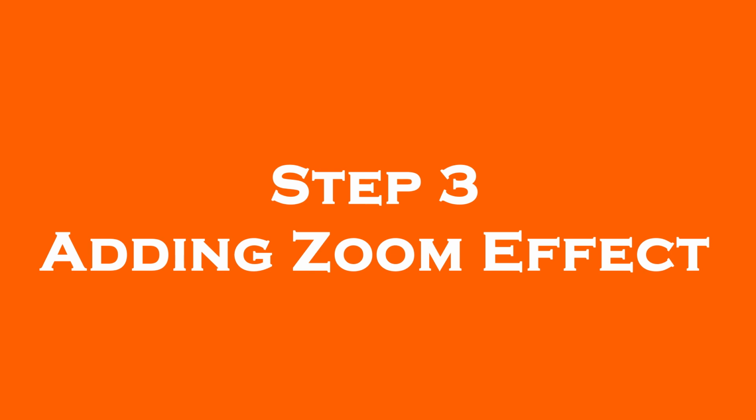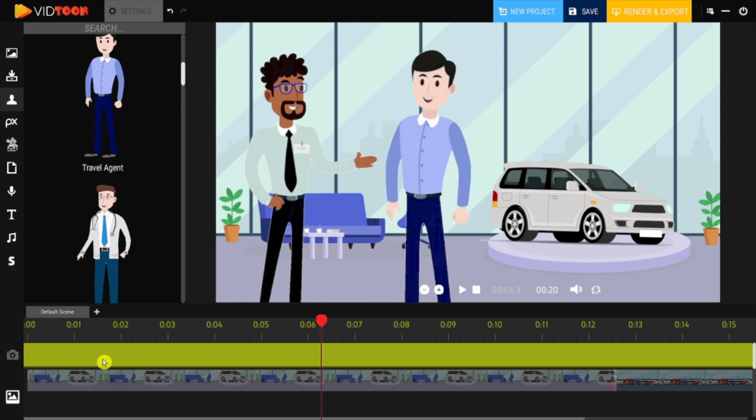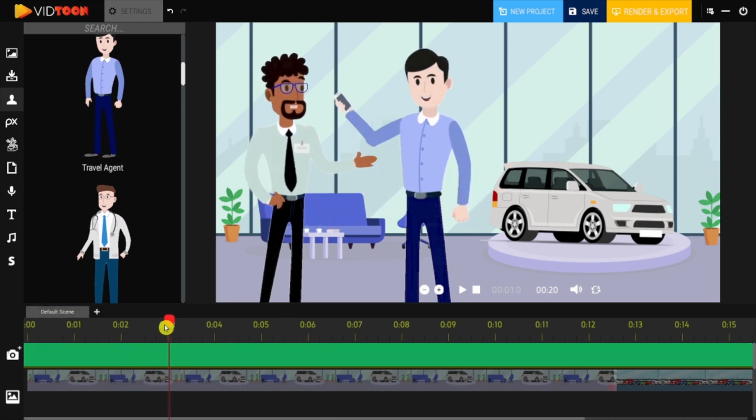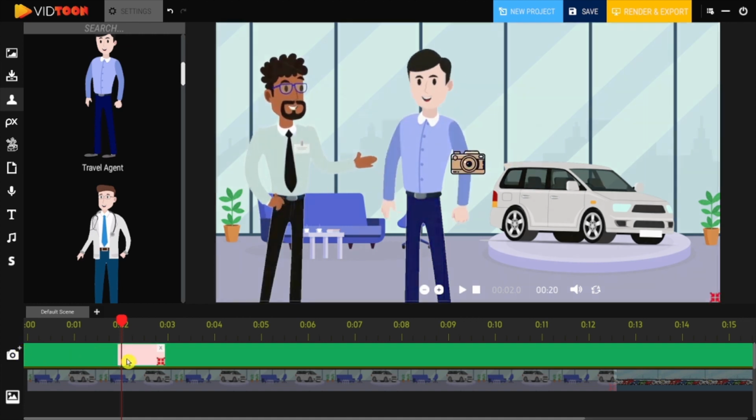Step 3. Adding zoom effect. The new version of Vidtoon comes with amazing new features, which will help you improve your video creation skills. You can add a zoom effect to your video by clicking on the green bar below the timeline. You can click on a small plus button on the left side of the track to add as many zoom